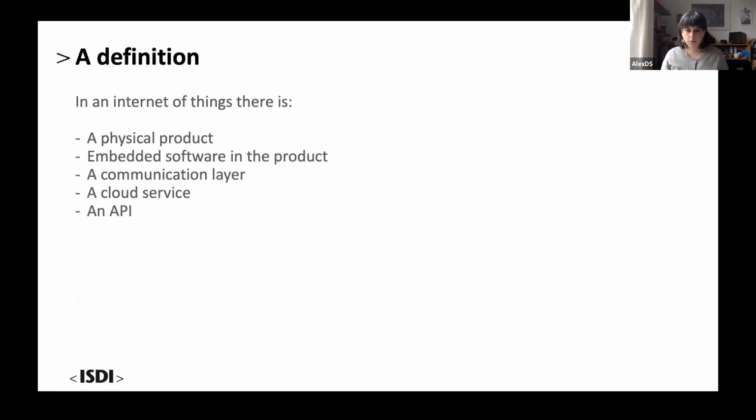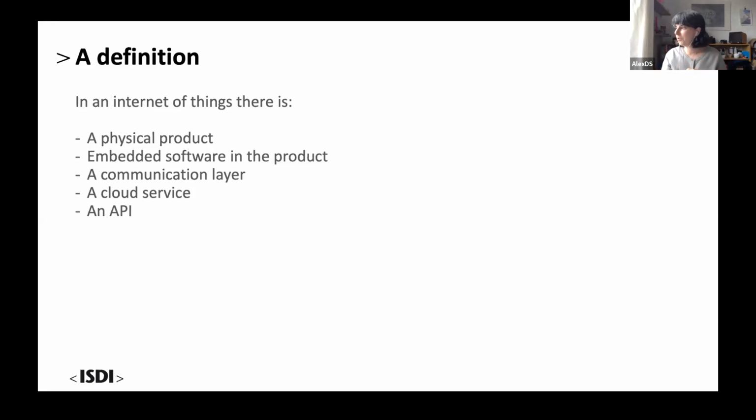And so in terms of what an Internet of Things product is likely to include, you will very well have either a physical product or a piece of physical infrastructure that you're attaching yourself to. You will have software that's embedded in that product in some way, because that product will probably have a piece of electronics, a communication layer, and so technology that you've made a choice around, whether that's GSM, whether that's Wi-Fi,